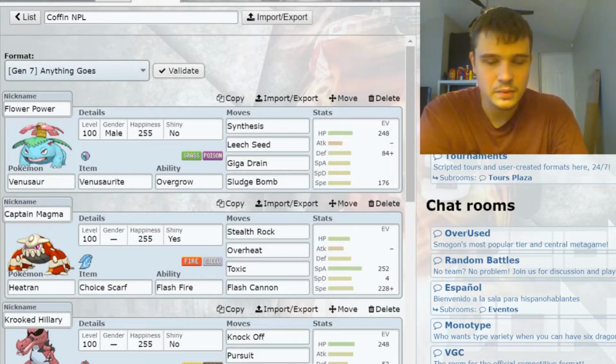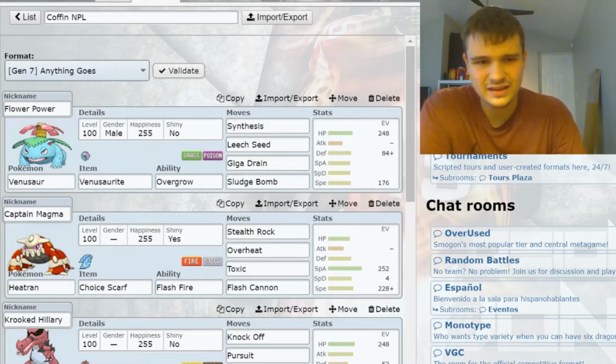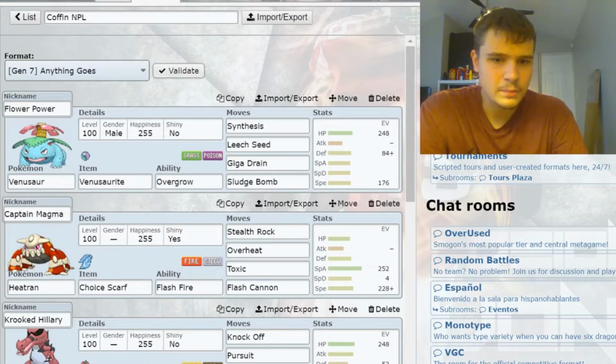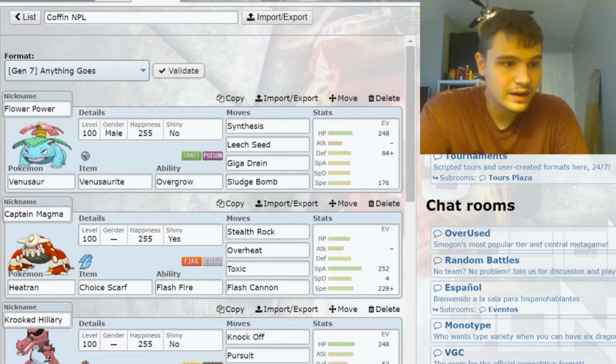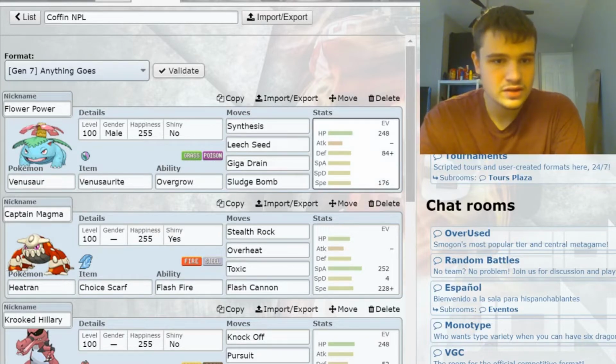Giga Drain and Sludge Bomb do a pretty good job of hitting his team, and the fat things that like to take it don't really appreciate being worn down. Seeds also gives me a better opportunity to switch in things that are able to pressure those mons, like Heatran, like Crocodile on Registeel. So I've got speed on this thing for...